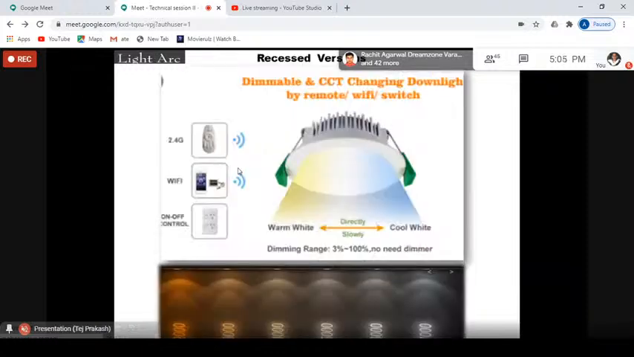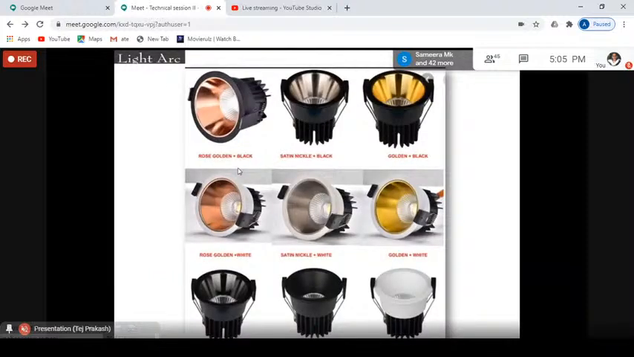That was the three color light, which is now trending in the market, and now this is a fixed downlight, which comes with